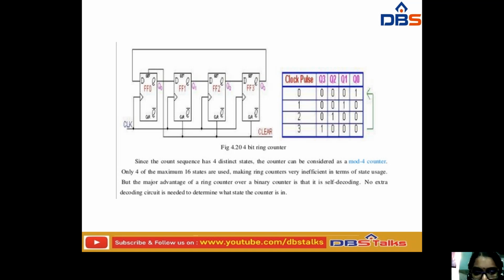The number of possible outcomes is 4: 0001, 0010, 0100 and 1000. Since the count sequence has 4 distinct states, the counter can be considered a mod 4 counter. Only 4 of a maximum 16 states are used, making the ring counter very inefficient in terms of state usage. But the major